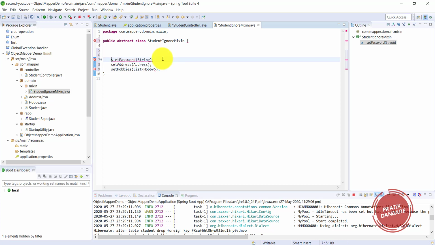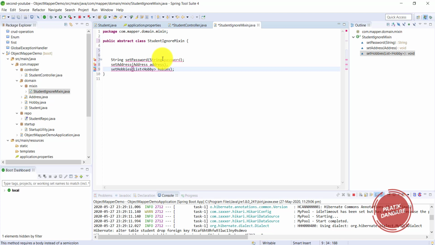So password is returning a string to us. Okay, it's string password. Then it's address, it's hobbies.